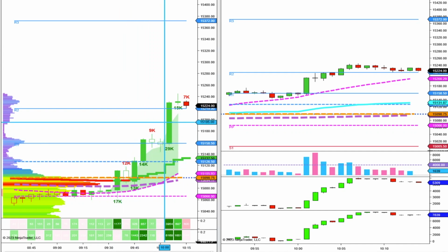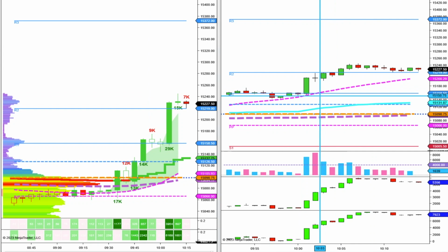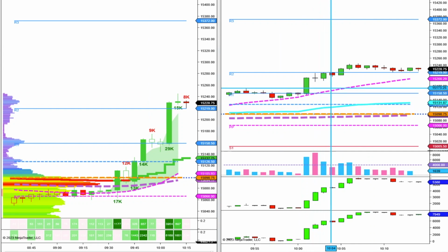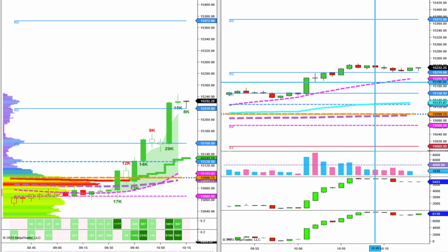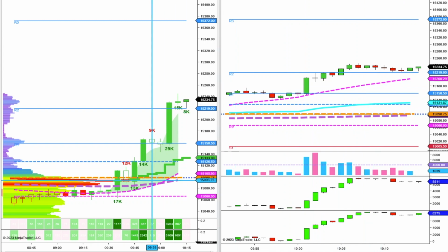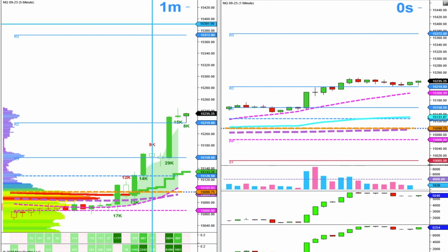That really helps me because I'm a very visual person. Yet you can totally trade the 20 SMA indicator, moving average, without any other bells and whistles. It's just nice to have, in my opinion. And I've also got the